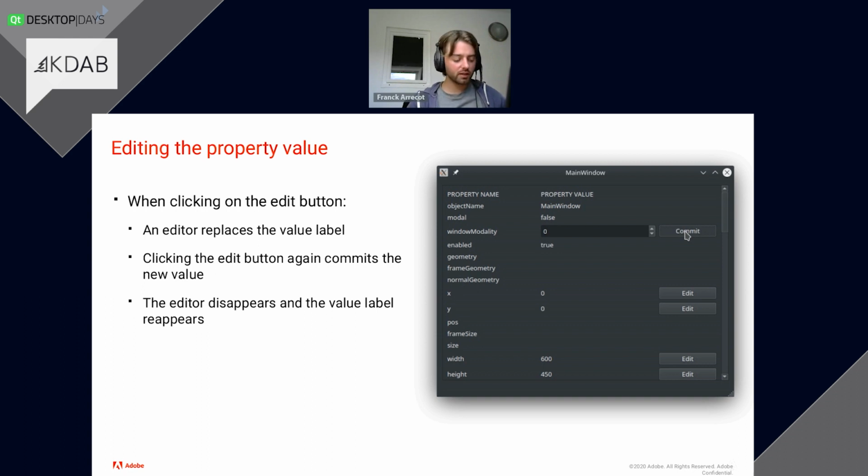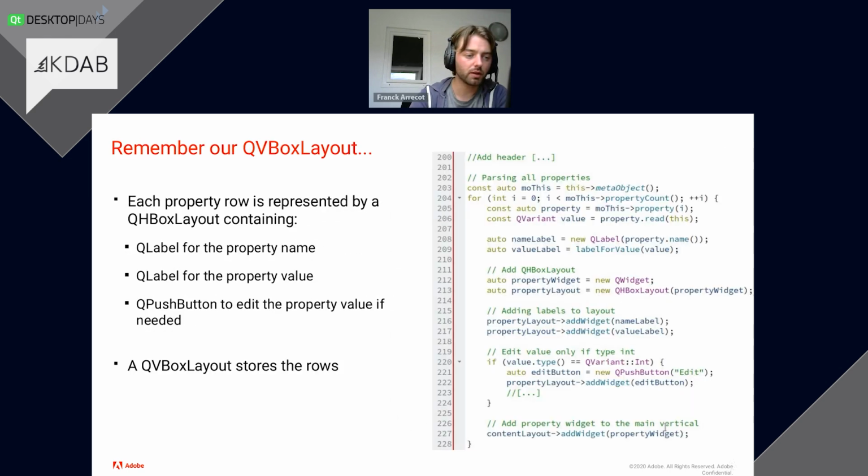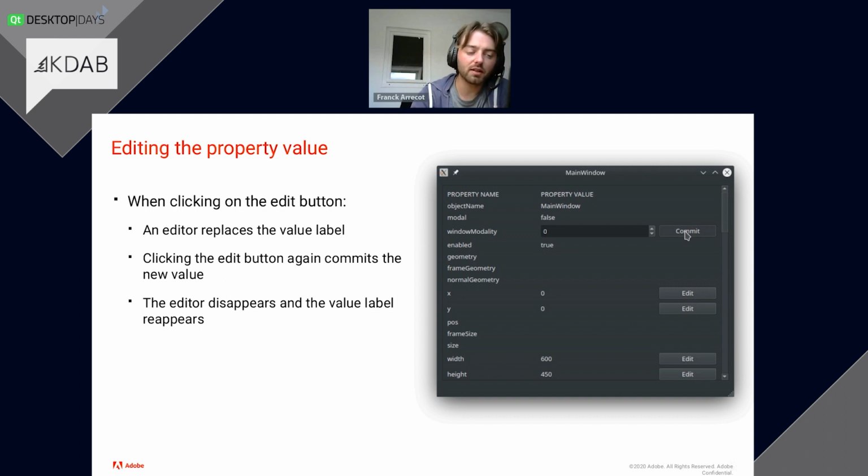Well, let's imagine that we have our old code, this one. Okay. Oops, sorry. Let's imagine this code and that we have some kind of magical code that makes it align again. Okay. How would you then have this logic working, the fact that when you click on a commit button, you switch the content of the second column, and when you click back again, you have the label showing again?